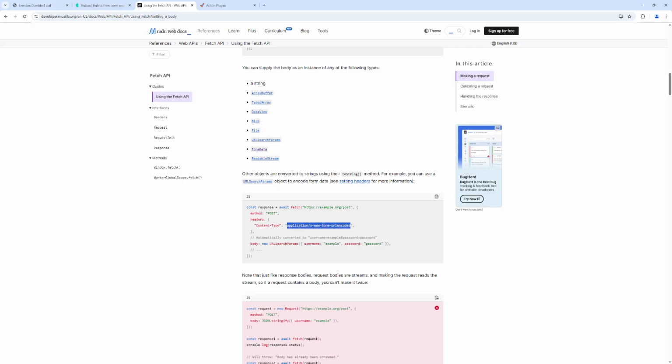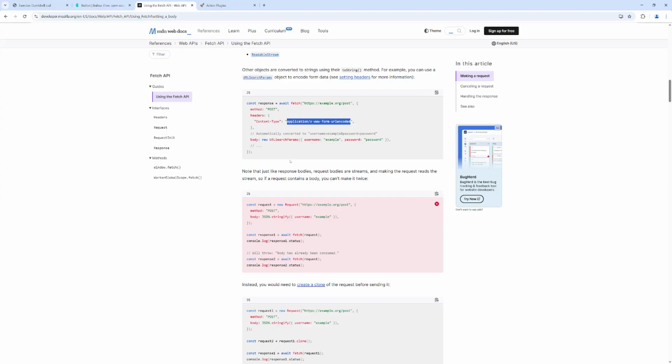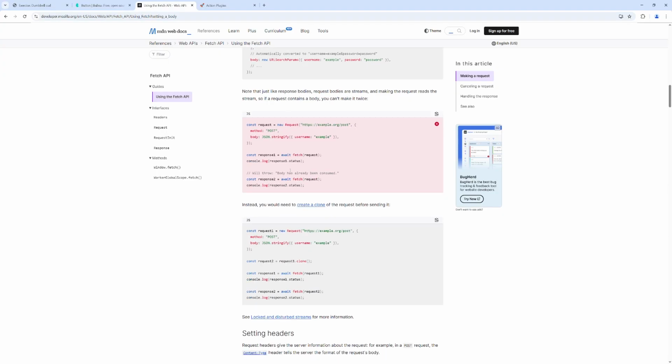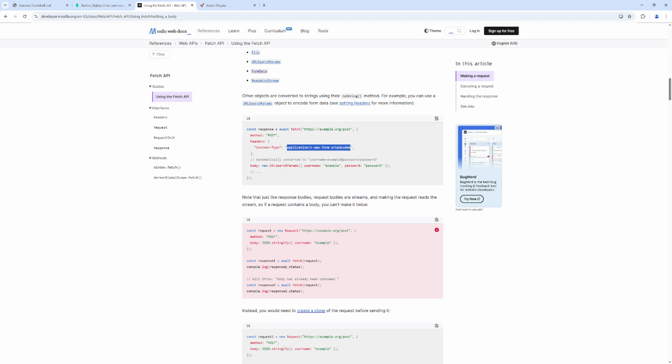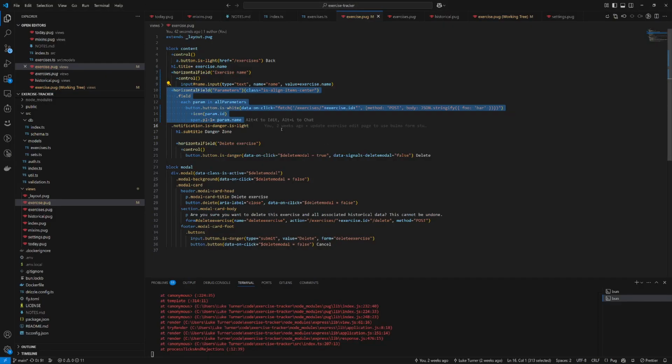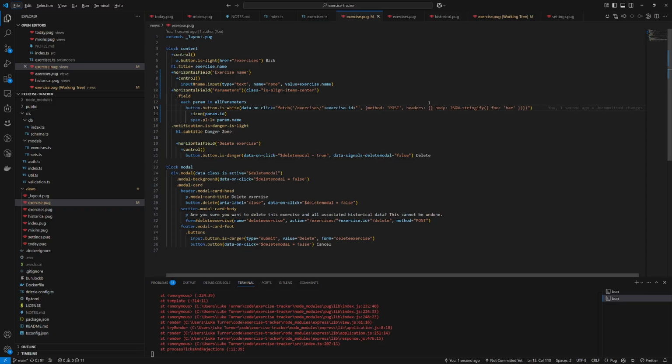Or I could do this. URL encoded. Maybe I'll just do this. So either way, we're going to need headers. Headers. Content type. URL encoded. And